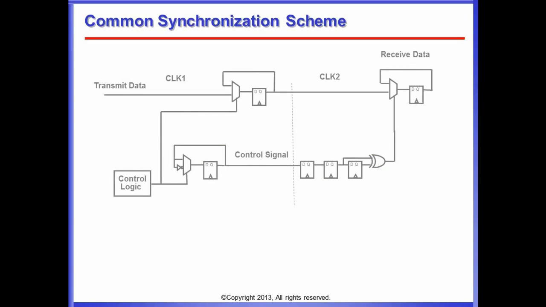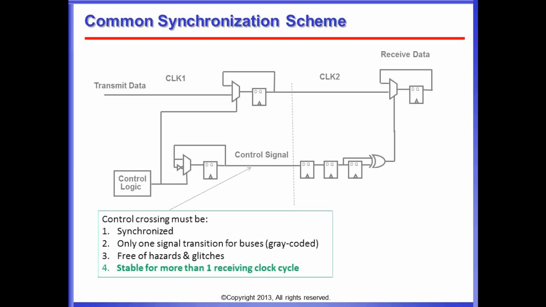The more advanced way of coping with those CDCs, in an example design here, is a handshake-based or protocol-based approach where you synchronize the control signal. You synchronize the control signal with these two flops, you have edge detection, you have control logic, and you control the data path. This is a multi-cycle path with this control signal. The control crossing you see here must be synchronized.